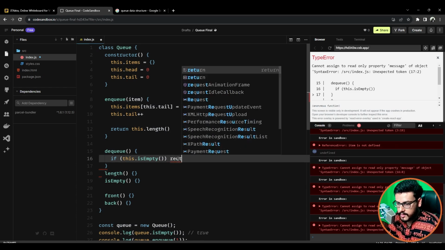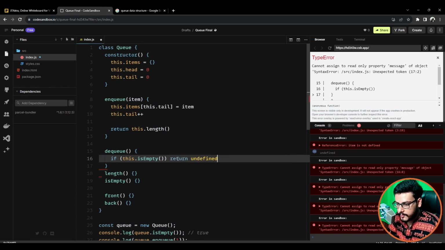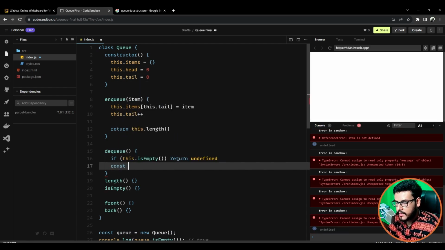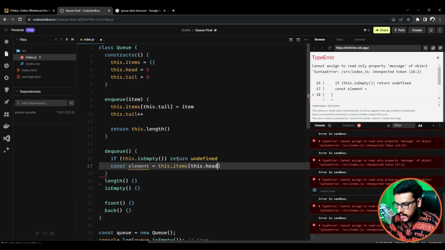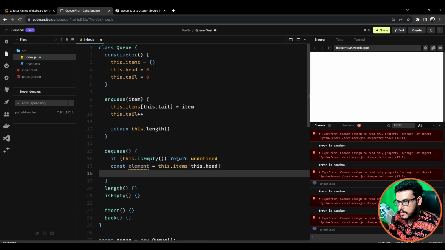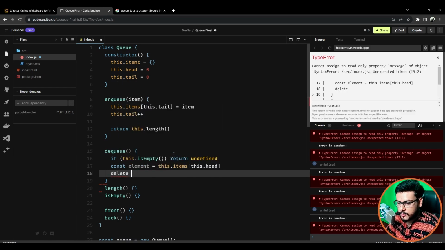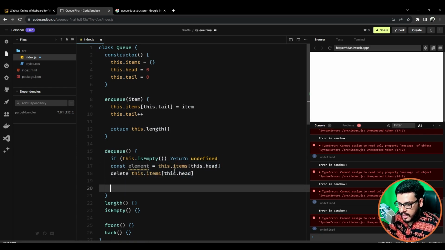If the queue is empty, then return undefined. If it is not empty, then you fetch the item named as element, from where you dequeue, from the front, right? Remember, we dequeue from the front. So this.items[this.head], okay, I got the item just now, and we have to remove the data from the object as well. So delete this.items[this.head], and I just return the element,